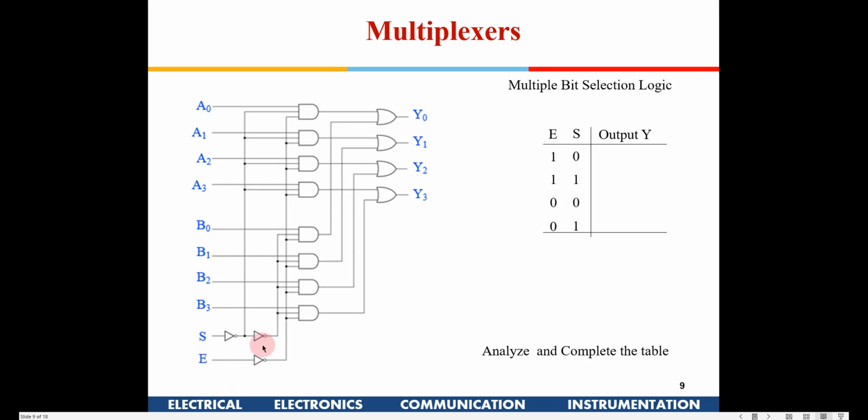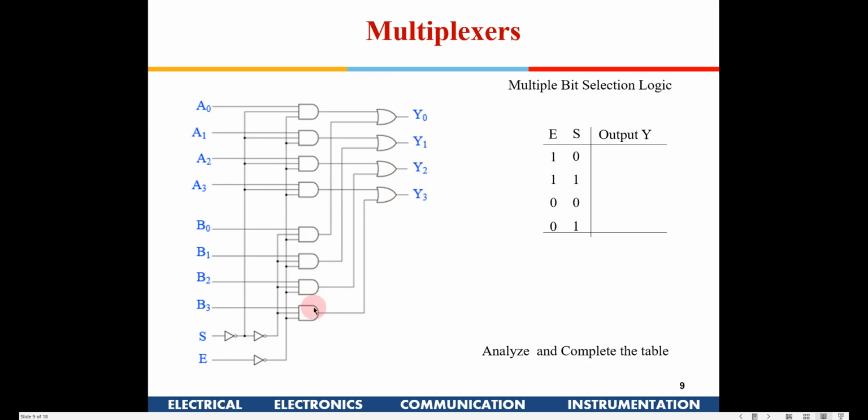Now in this particular case also, if enable is 0 out here, all this will be 1 here. So this 1 is given to all the 8 AND gates, and only then these AND gates will be enabled. If enable is 1, then all the outputs will be 0, because all these AND gates will get a 0 input and all will go 0. When enable is 0, these AND gates will be enabled.